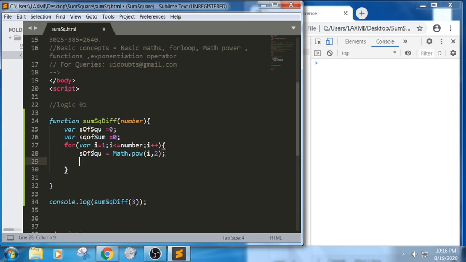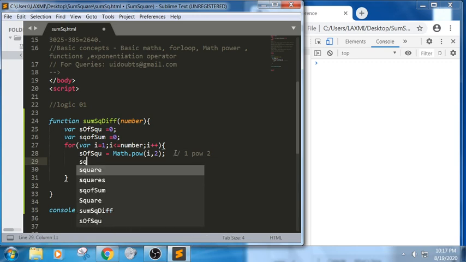In the sense, it is trying to take the value of 1. Indirectly, the inner meaning of the statement is it will try to take 1 power 2 in the first iteration. In the next iteration it will be 2 power 2. In the next iteration it will be 3 power 2, and based upon the input values we have given, it will try to increment. In this next step we have performed sum of squares here.